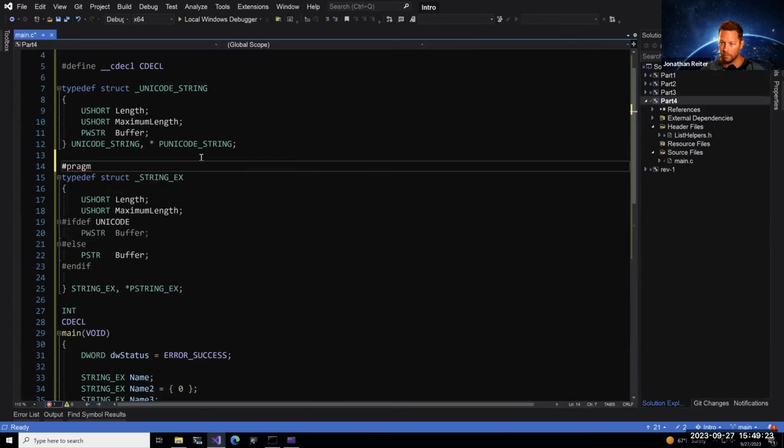Pragma pack, in parentheses, 1. Pragma pack 1. What you're telling the preprocessor is, going through the code, it's going to see that and be like, ooh, I have a new directive. Okay, what do I do? I need to make sure everything in this structure is packed on a single byte